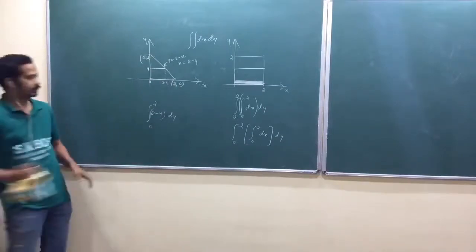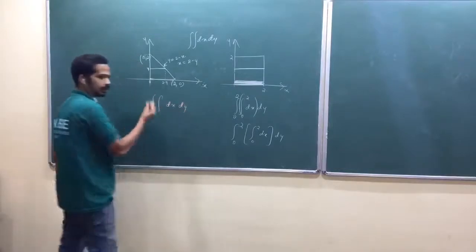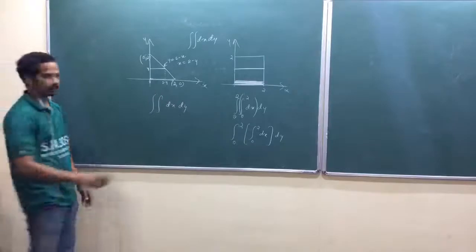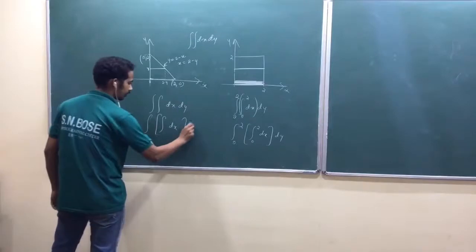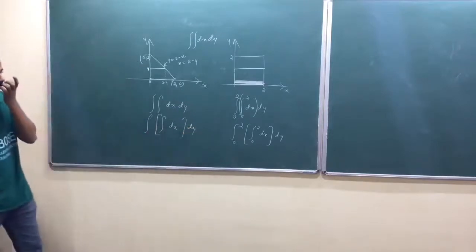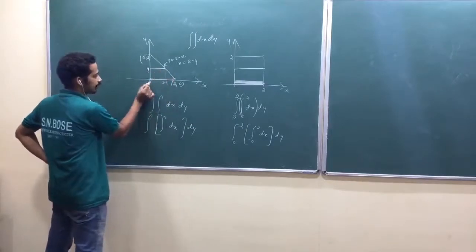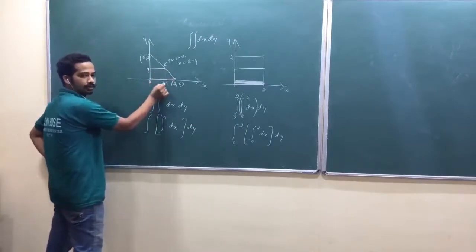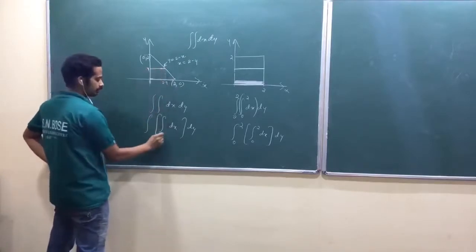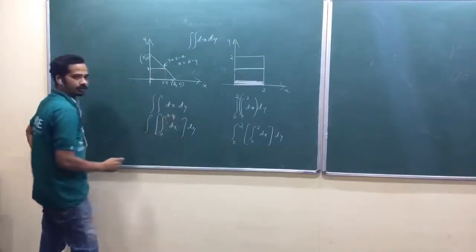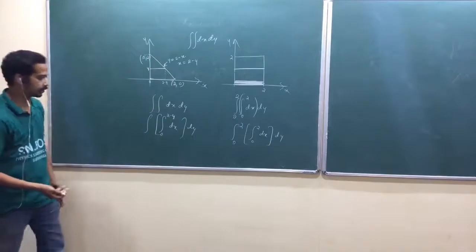But how we do this one is, again, we have a double integral. Am I right? Double integral of dx dy. Dx dy is our elementary area. Am I right? So now, while doing that dx, what we do here is, again, we are just finding the length of this one. That's why we are running x integral from 0 to 2 minus y. So that I am finding this length arbitrarily. Is that okay? 0 to 2 minus y. You can do the opposite also, vertically, by taking one vertical line. You can do like that also.